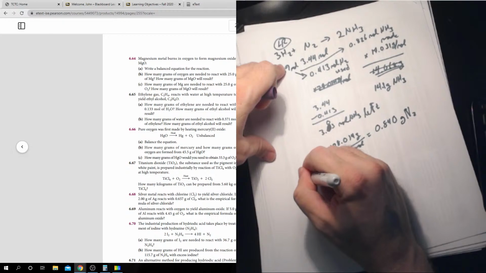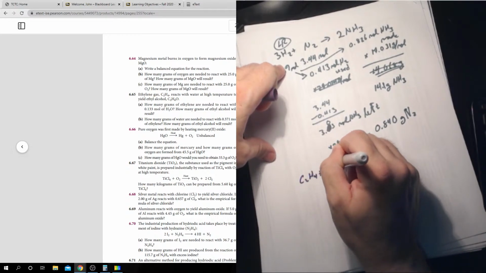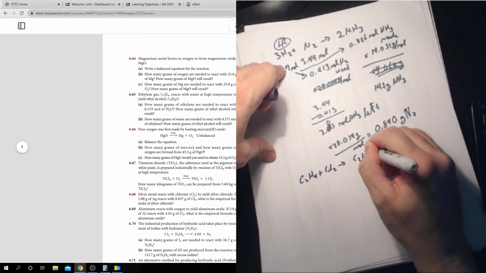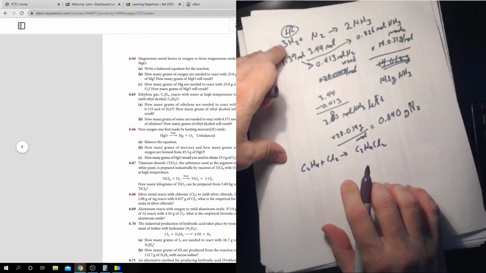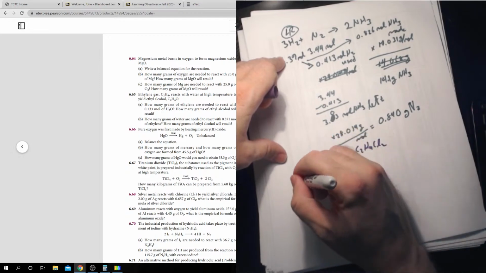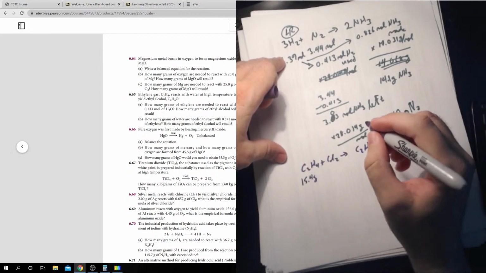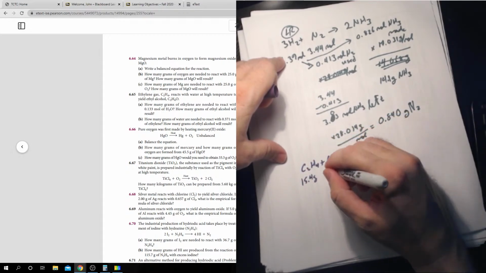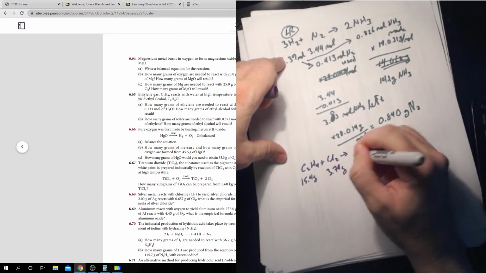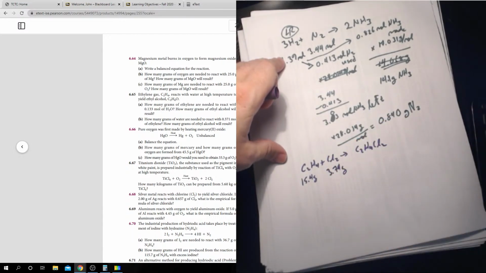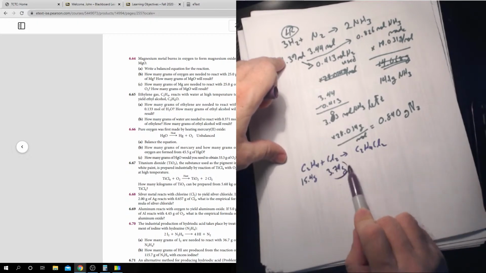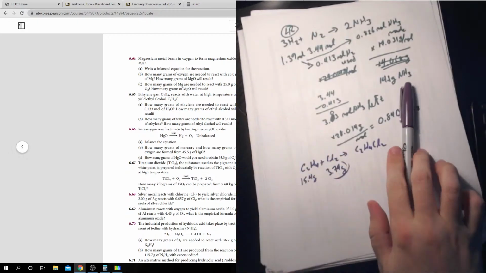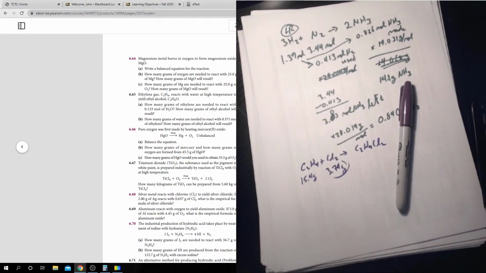So C2H4 plus Cl2 yields C2H4Cl2. Nice 1 to 1 to 1. So we have how much of what? We have 15.4 grams of this and 3.74 grams of this. Okay, I'm going to tell you straight up, this is going to be the limiting reactant. Chlorine is a much higher molar mass, so this is just a much smaller number of moles. But just to be on ye olde safe side,